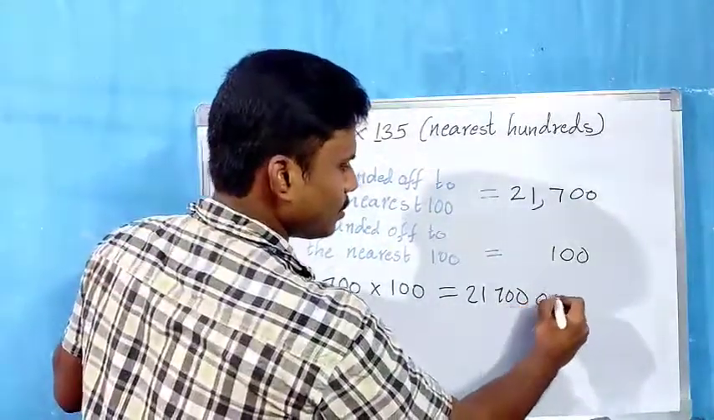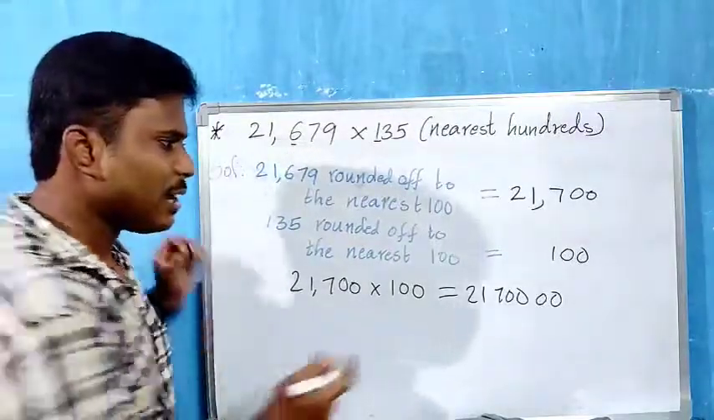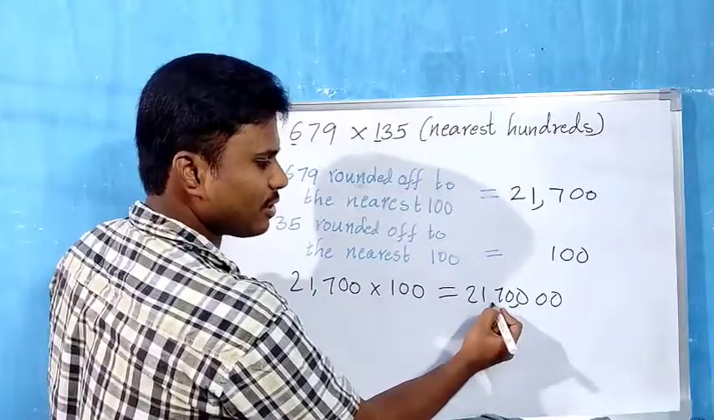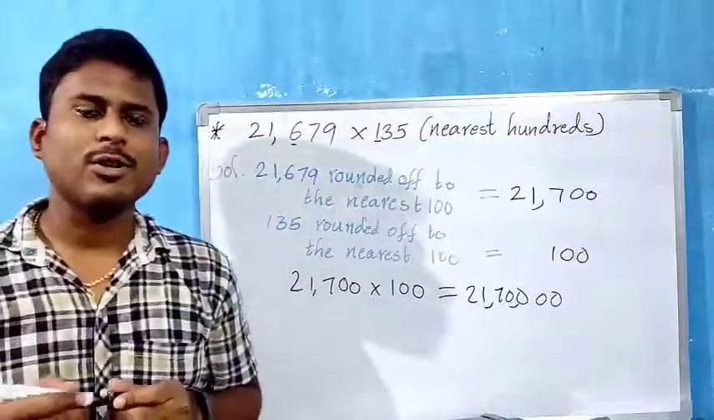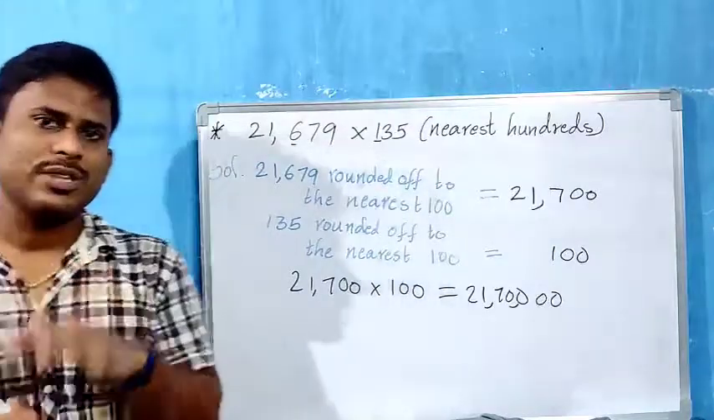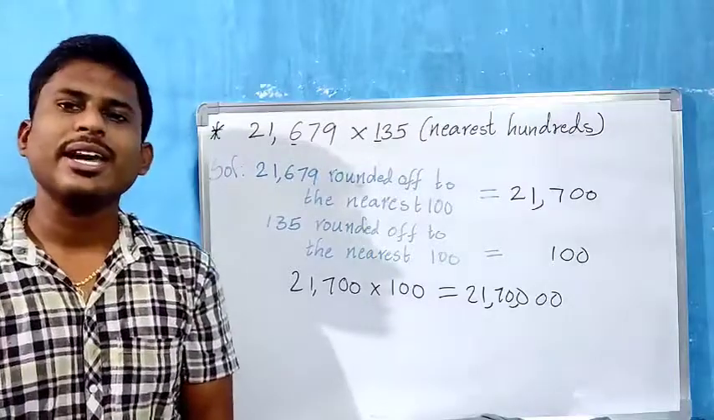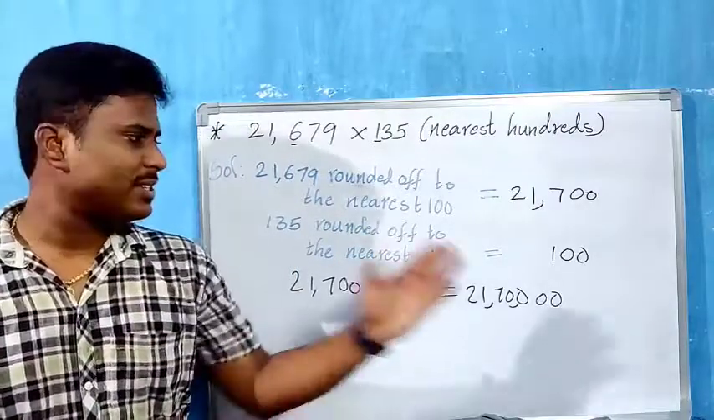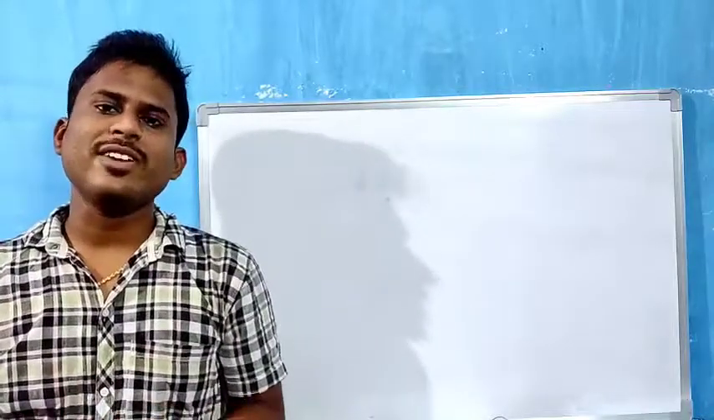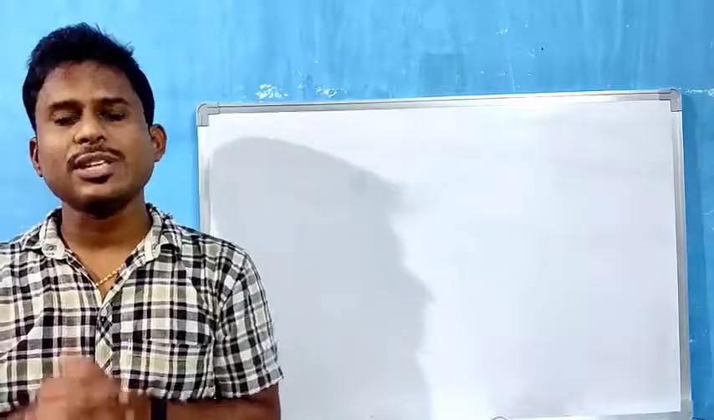Now according to the Indian place value system, you have to insert the commas: ones, tens, hundreds, thousands, 10,000s. Now the answer we got is 21,70,000, children. So the estimated product of 21,679 and 135 is 21,70,000. So children, in this way we can estimate sums, differences, products and quotients by using the concept of